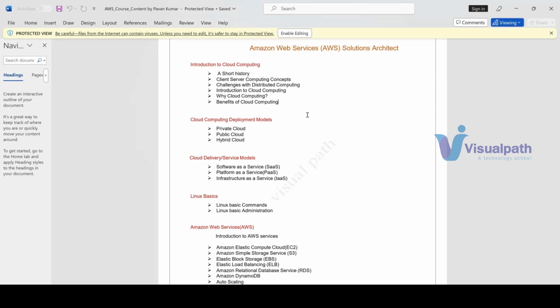And then we talk about various deployment models: public cloud, private cloud, and hybrid cloud. So what is a deployment model? How are we going to deliver cloud computing to the end users? So we need to talk about these various deployment models and different service models. All these we will cover in the class with the fundamentals. We will start with this as the initial class, and then we go to